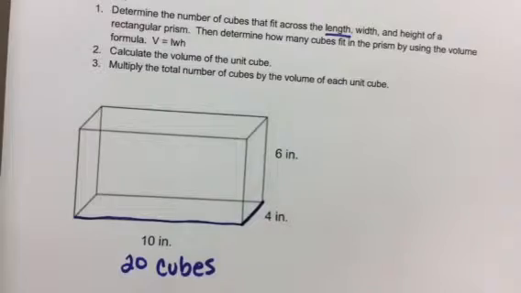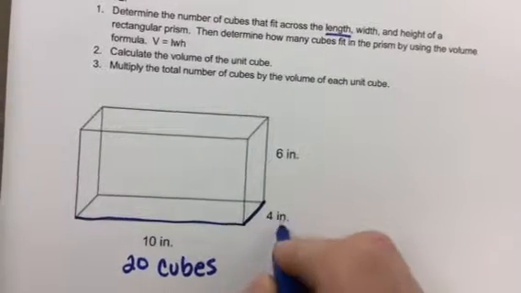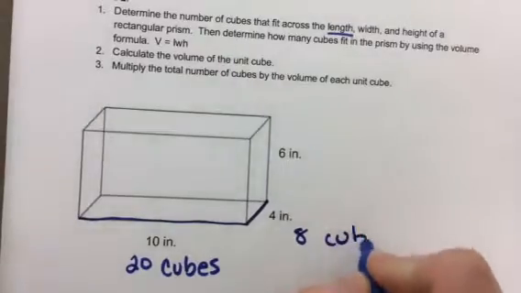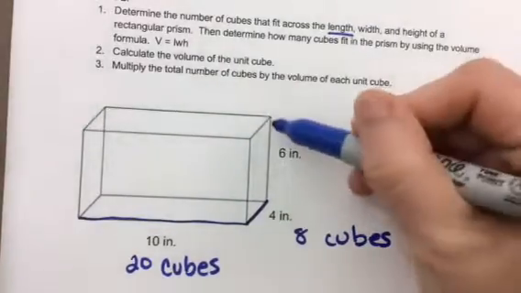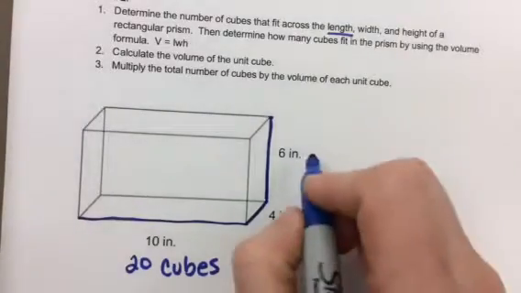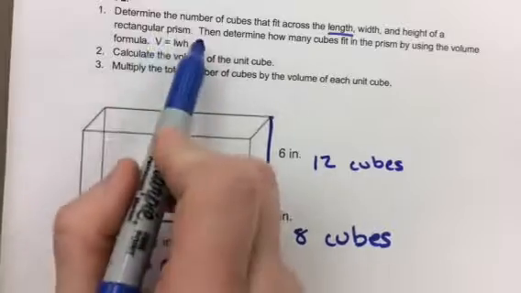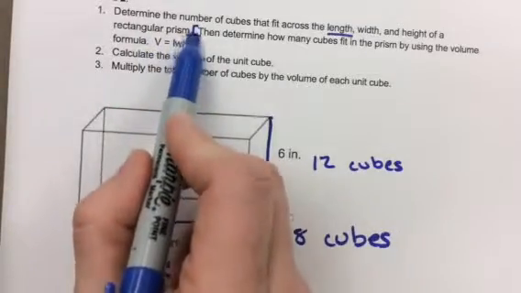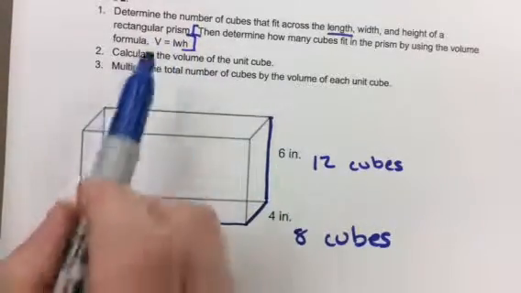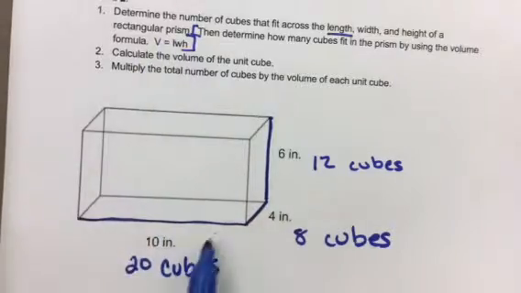So here, for 4 inches, how many half-inch cubes will fit in 4 inches? If you double it, you can say 8 cubes. For the 6 inches, how many half-inch cubes can fit in 6 inches? 12 cubes. To determine the total number of cubes, we're then going to use the volume formula, length times width